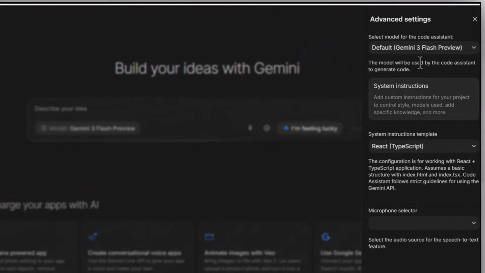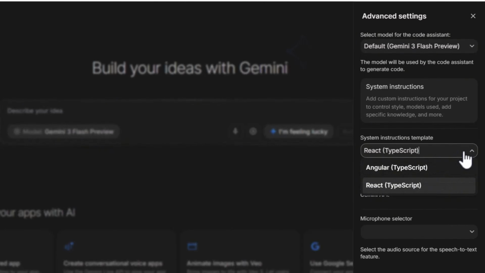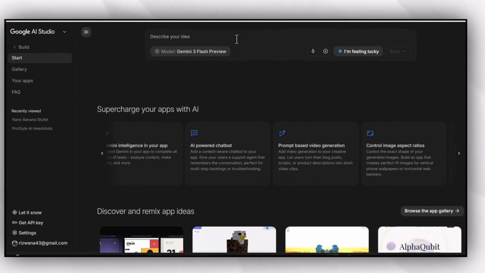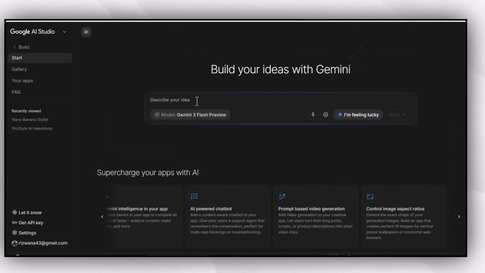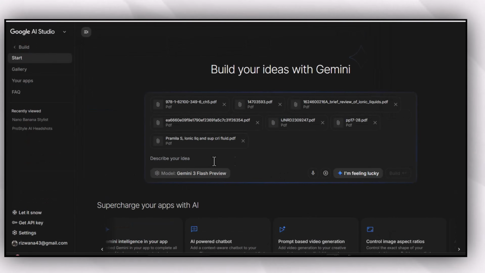From here, you can change the models according to the requirement of your task. And here you can use the system instruction templates also. But researchers and the persons who are in academia can use it in their academic tasks. You can attach files and extract the data from the files also. For example, I'm going to write a literature review and I will upload the files in the upload section. I will upload the papers and will write the query about which I want to gather the information from these